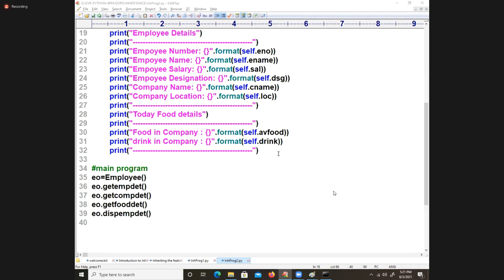Write a Python program which will implement the following. Next line, I am giving one problem statement. Understand the problem statement, which will implement the following. There you write, let us assume that